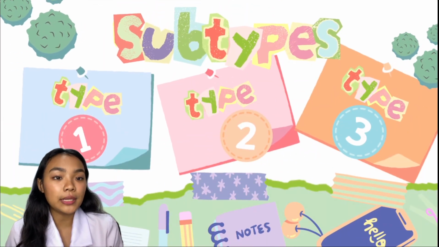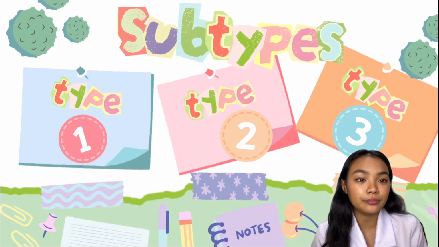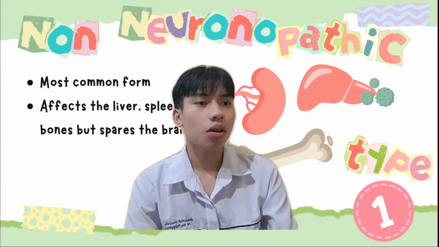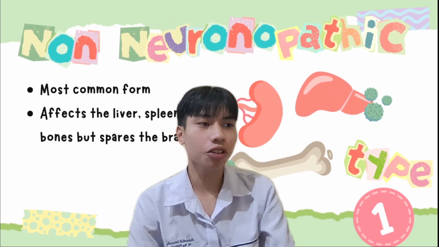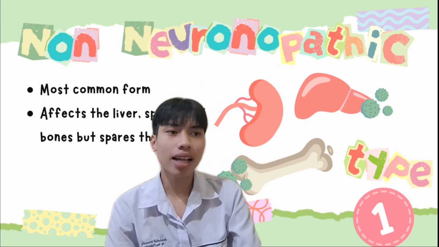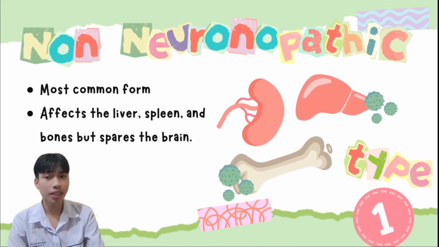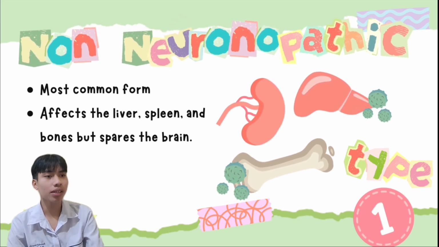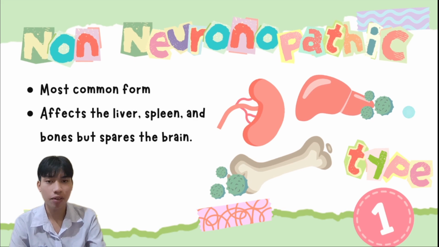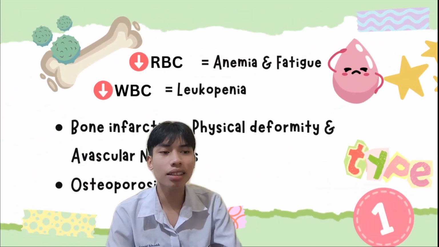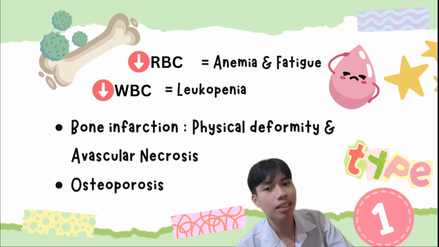There are a few subtypes of Gaucher's disease: type 1, type 2, and type 3. For the most common type, we have type 1, or the non-neuropathic. In this type, the disease affects the liver, spleen, and bones, but spares the brain. This type can actually be asymptomatic, meaning the person may not be aware of it. Gaucher cells accumulate in the bone, right? And an important part of the bone is the bone marrow,